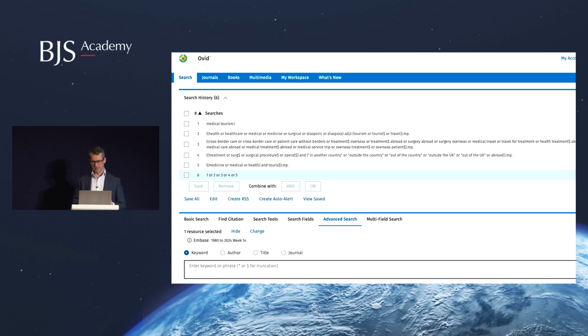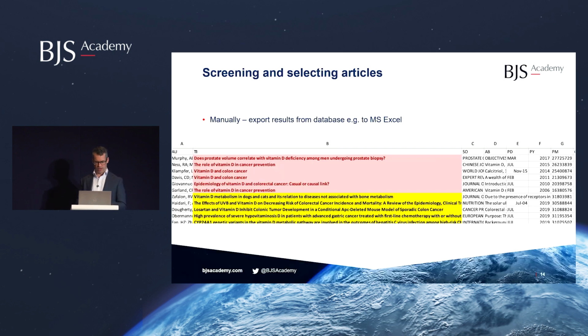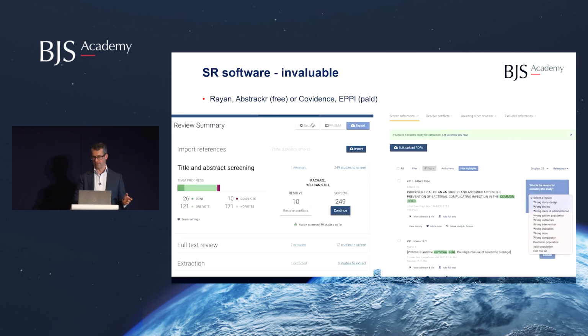And this is where you need to be thinking about working smart, not hard, because this is what I used to do, which is I used to extract it into an Excel spreadsheet, and the risk is you'll lose papers. The risk is that there'll be hundreds of duplicates in there, and red was probably accept and yellow was chuck out. But I don't know why I was chucking out the yellows and why I was accepting the reds. But there is software, some of it open source, some of it paid for, that makes this a huge amount easier and more reliable,